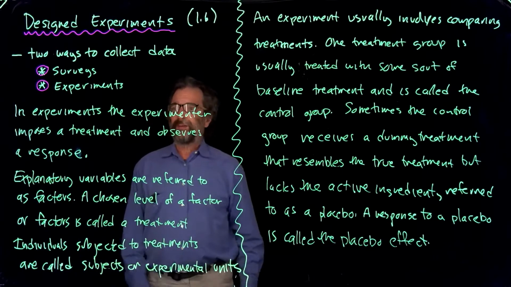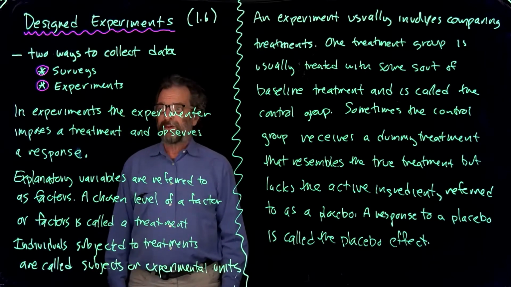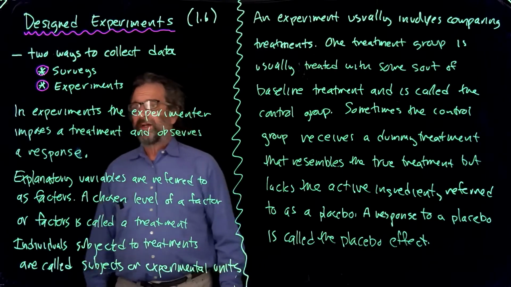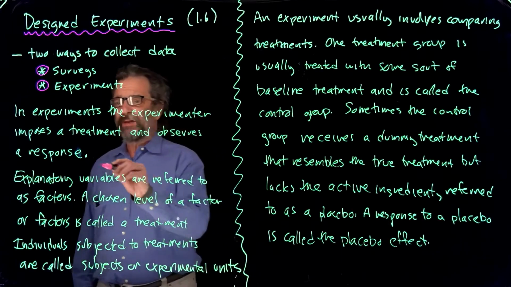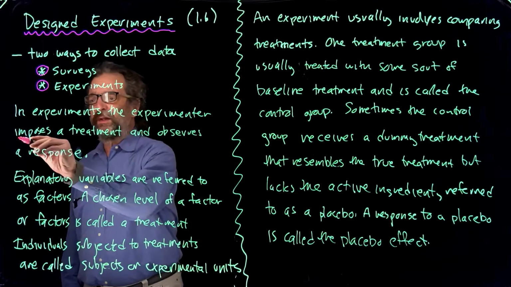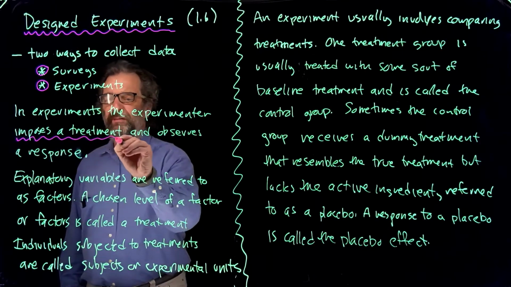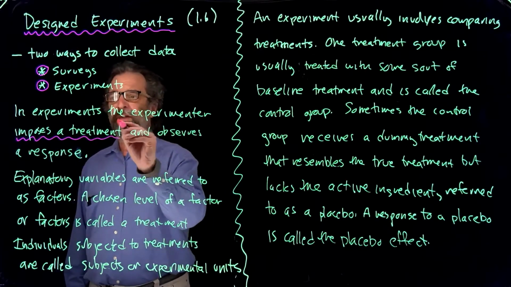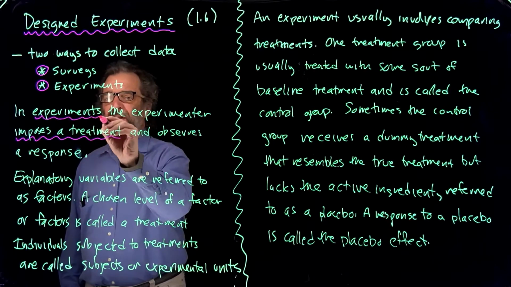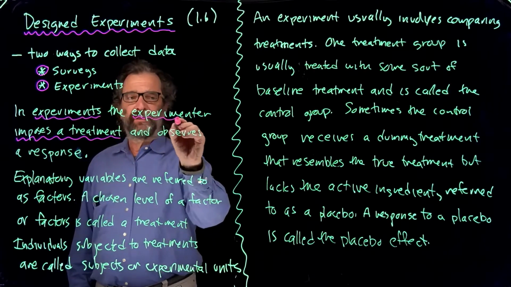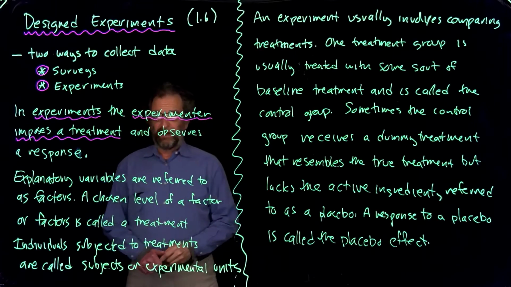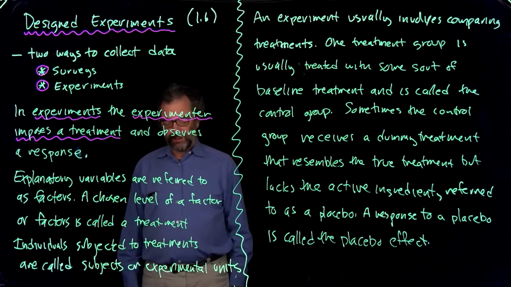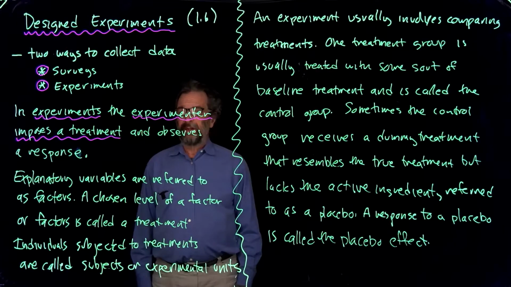where a treatment is imposed and a response is observed. So it says here, in experiments, the experimenter imposes a treatment and observes a response. So we're looking for the imposition of a treatment to be called an experiment. So the experimenter imposes a treatment. Sometimes treatments are imposed in other ways, but in order to control how the treatments are administered, the experimenter imposes